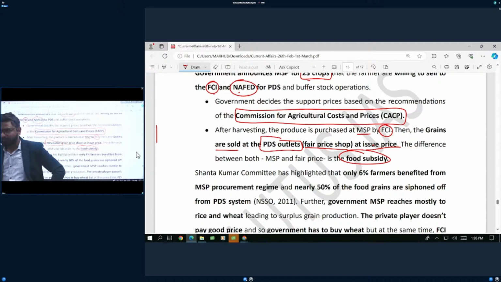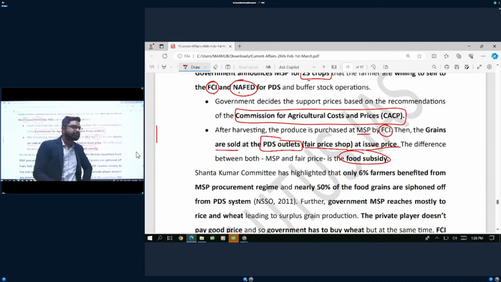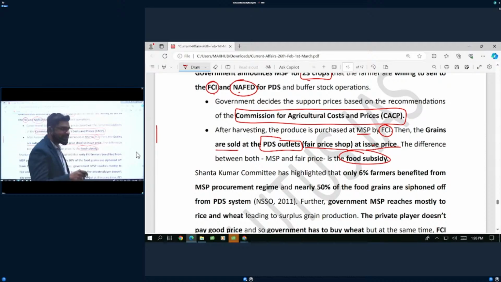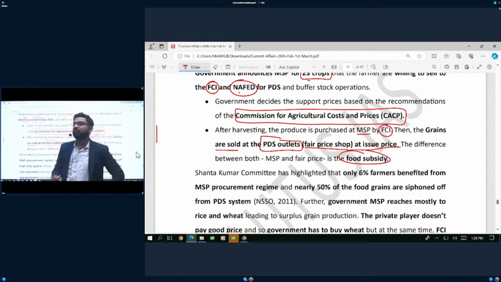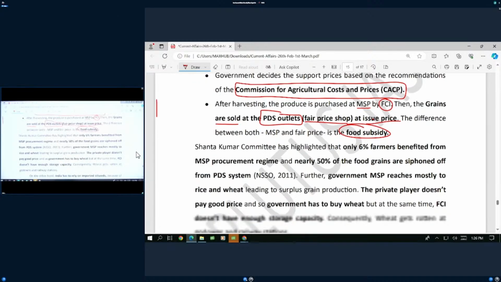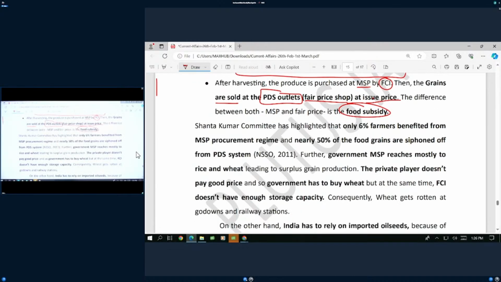समझा कैसे food subsidy काम करता है? The difference between MSP and the issue price. The price at which you get food in the ration shops, the sarkari kirana shops, is known as government subsidy to food. ठीक है, प्लीज रिमेंबर दैट। अब देखते हैं प्रॉब्लम क्या है, ये सारा ड्रामा चल क्यों रहा है।